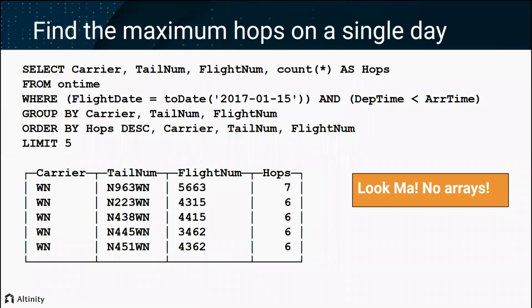We don't need arrays for this because it's just standard group by and order by behavior, but this tells us that there is an aircraft with tail number N963WN and it has 7 hops. That's the most that we can find on this particular day. So we have a sense that we're going to see something that has 7 hops,